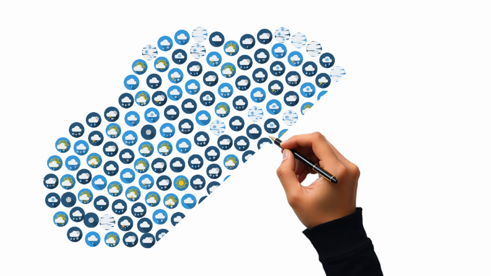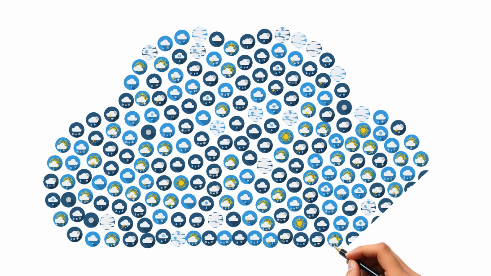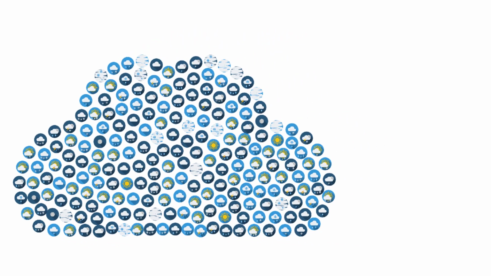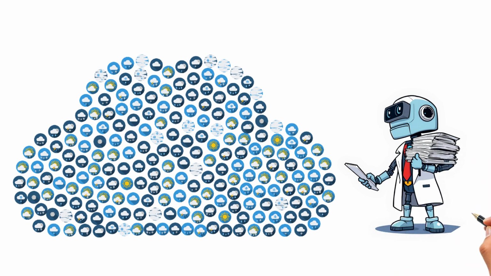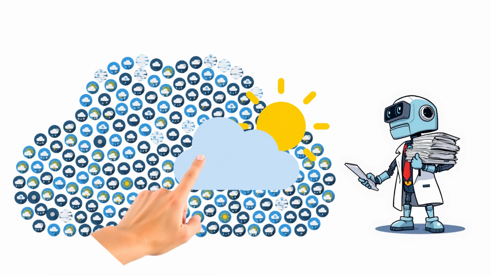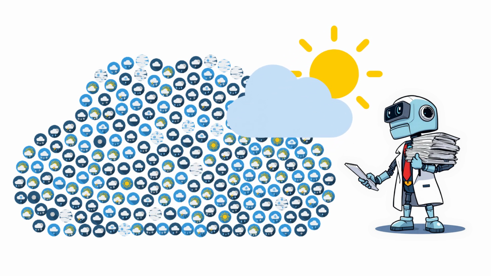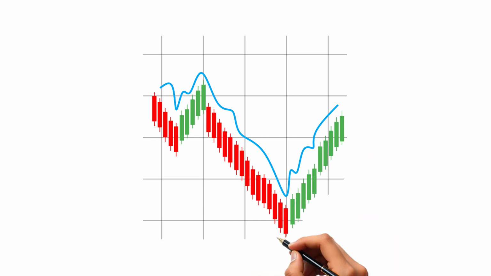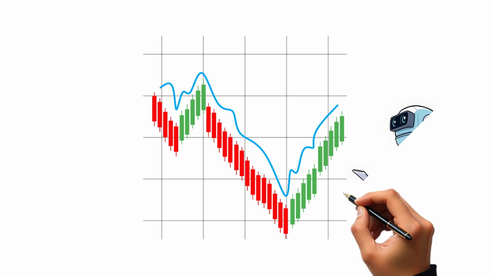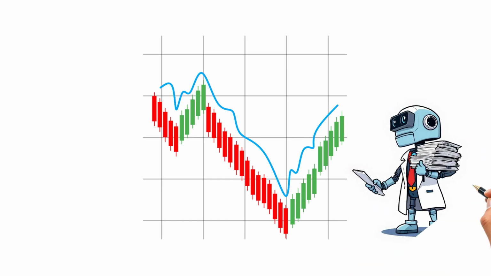achieve the best results. If we want to predict the weather, we need historical data on temperature, precipitation, and other weather conditions. A machine learning model learns from data that shows how the weather changes over different seasons, months, or even days. With such data, the model can predict what the weather will be like in the future. If we want to predict stock prices, we need historical price data. Machine learning algorithms can analyze stock prices, identify patterns, and make predictions based on historical data. This is an example of how important it is to have access to accurate data for training a model.